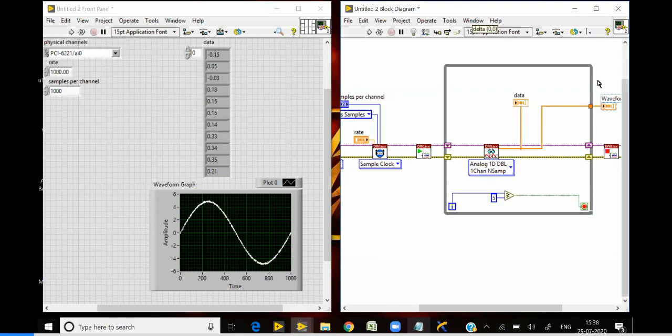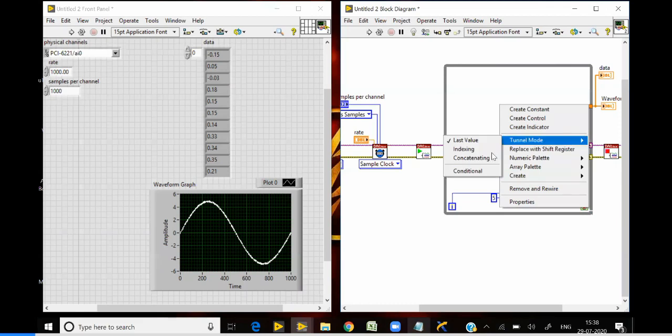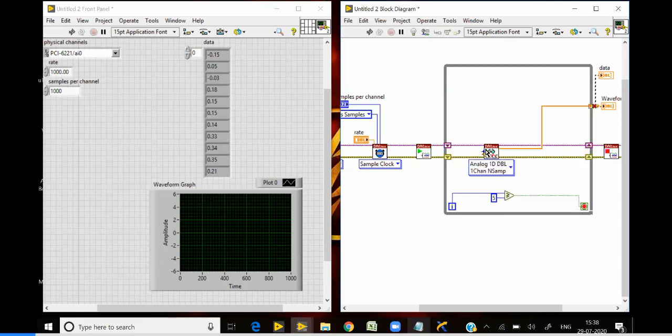So we'll create these things, and I'll change the tunnel mode to indexing to see all the collected values. Now I'll run the program.